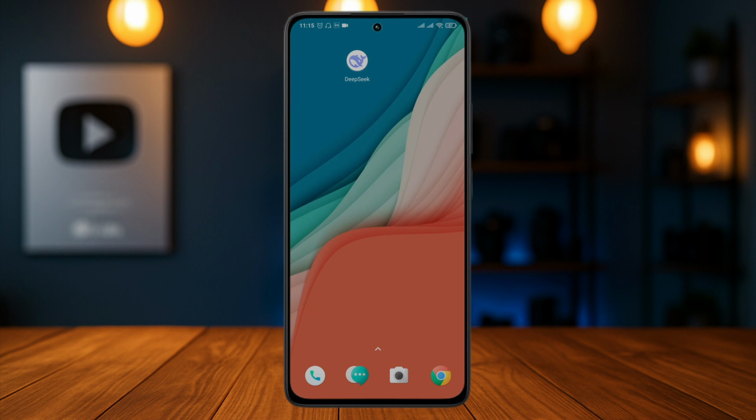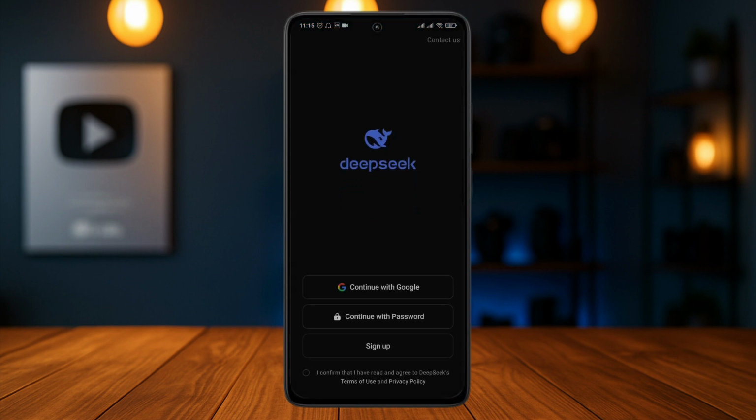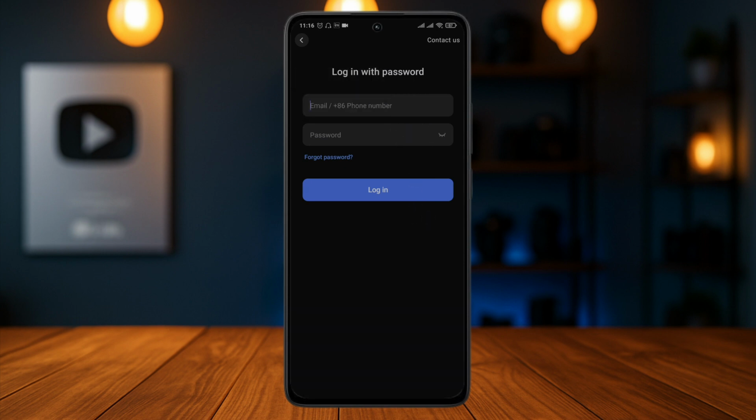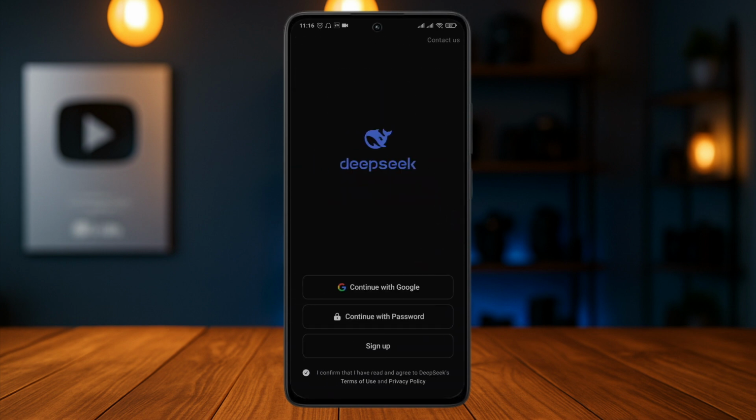Now, the first thing you want to check is if it is the right way that you are logging in. For example, if you created your account using your email address, you'll need to select the second option, which is continue with password. This way you'll be able to enter your email address or your phone number and then type in your password. But in case you used your Google account, you need to select the Google account option in order to